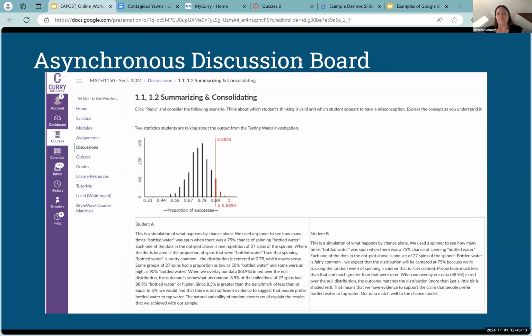So what I've decided to do for my discussion boards is to present students with two sample student ideas and have them identify which student they agree with and whether there's any misconceptions or shaky ground that the other student is on, so that we can highlight what those misconceptions might be and try to reform them into things that